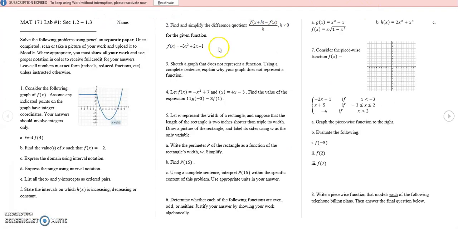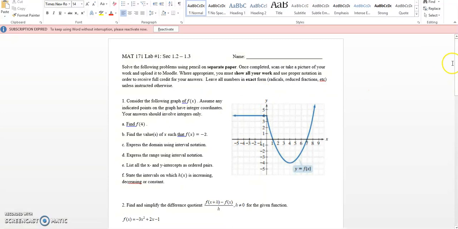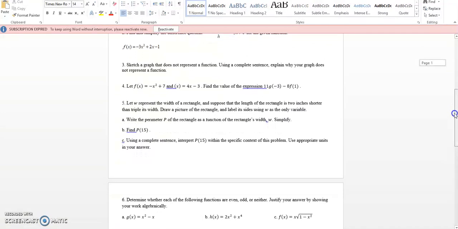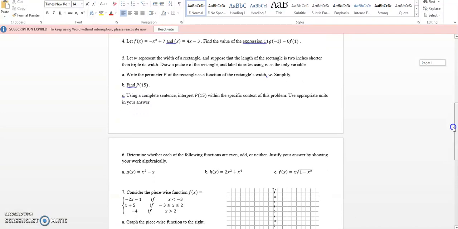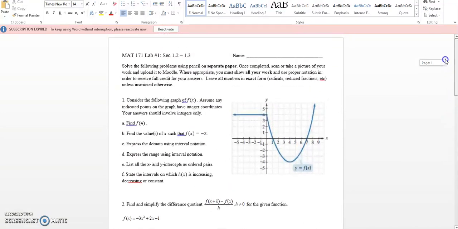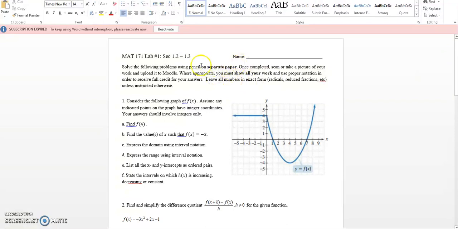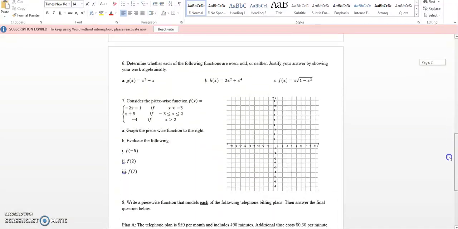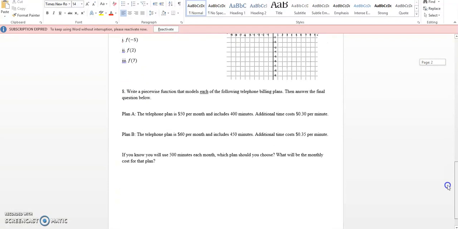Okay, so when you open it up, you have your lab assignment here, and you've got all the problems. And notice I did not leave a lot of space to work these out. That's because you're supposed to work them out on separate paper, okay? Showing all of your work. All right, separate paper showing all of your work. And then when you finish it,